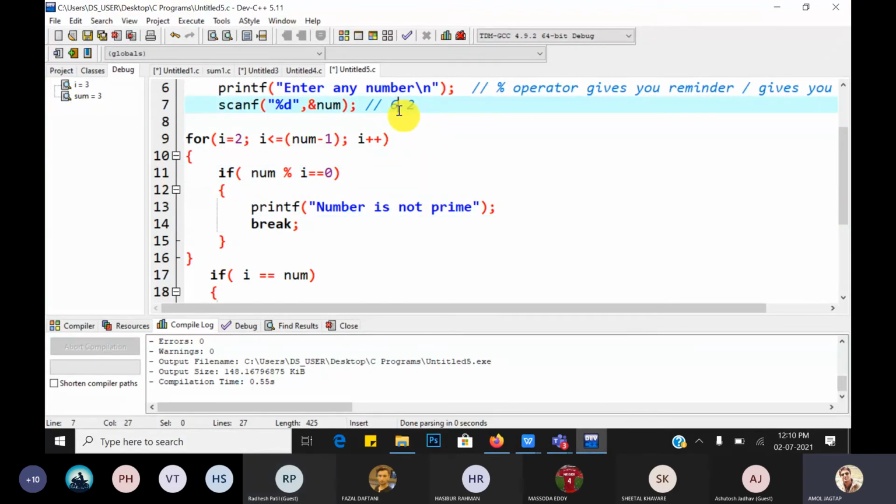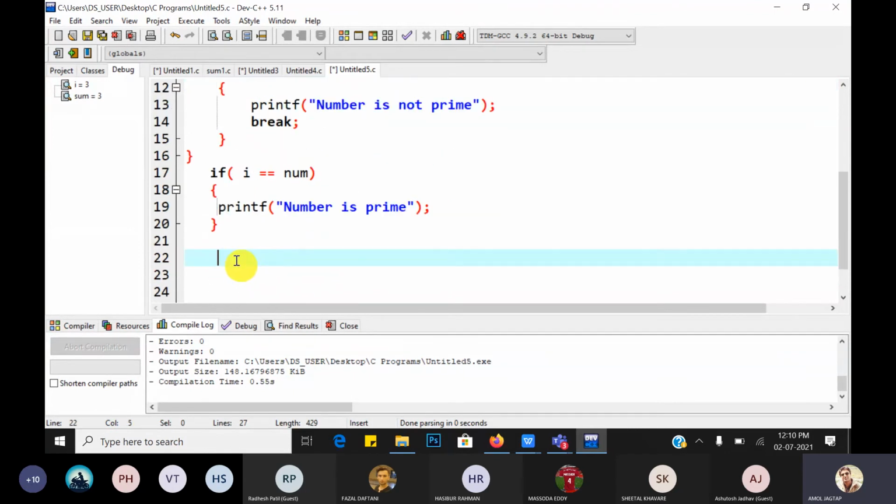If 6 is divisible by 2, then no need to divide by 3, 4, and 5, because 6 is divisible by 2 itself. So why divide it? For that purpose, we break the loop. But if it is not divisible by 2, 3, 4, then this loop gives you num value as 5, i is also incremented to 5, and then it is terminated. Then you tell that it is a prime number.